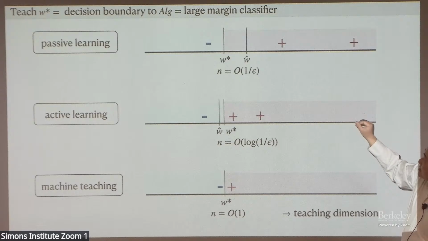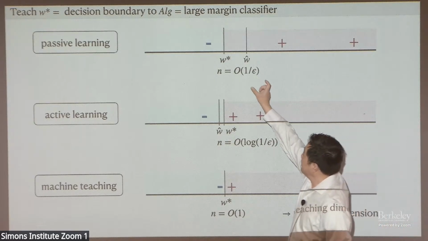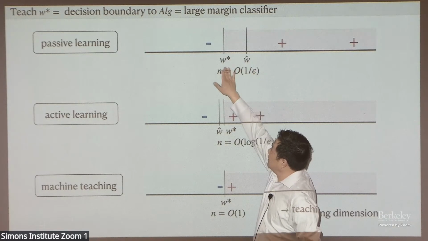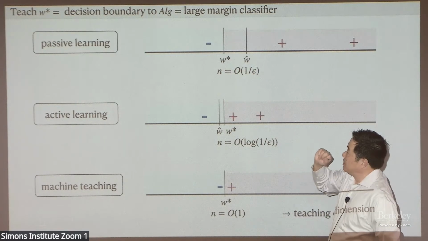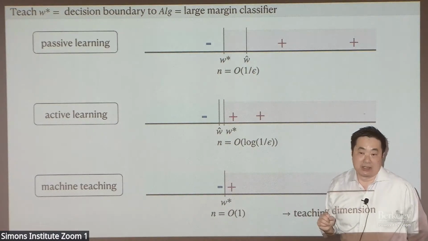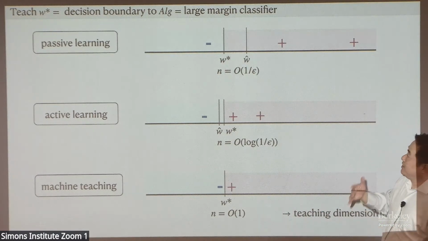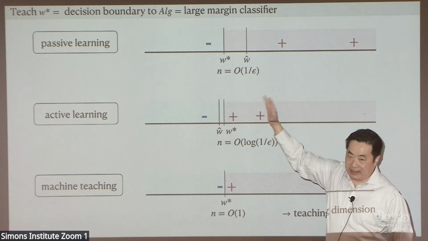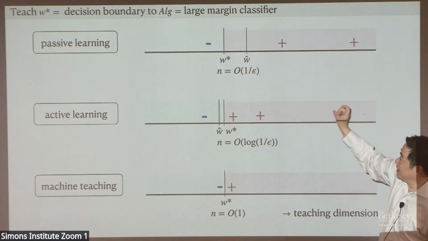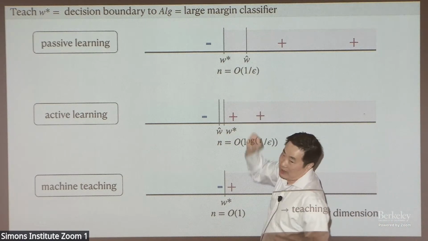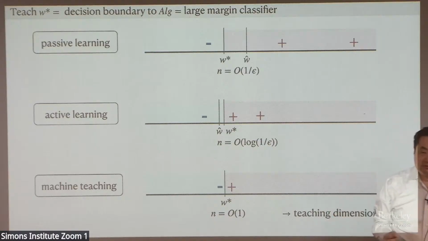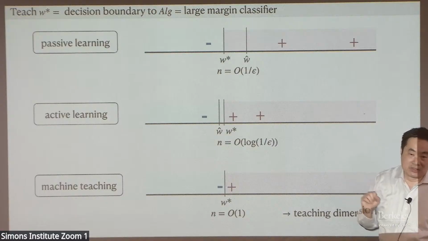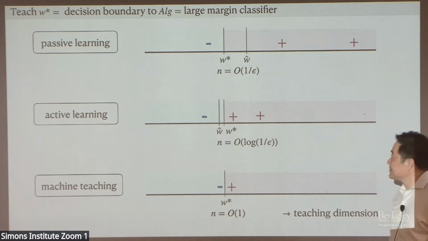Then it's easy to see if you want the estimated large margin decision boundary to be epsilon close to W star, you need roughly 1 over epsilon training items. That's because you can more or less think of the training items as evenly spaced, even though they're not. Then the innermost one is kind of like 1 over n. So you flip it, that's your sample complexity. You need this many training items to get that precision.